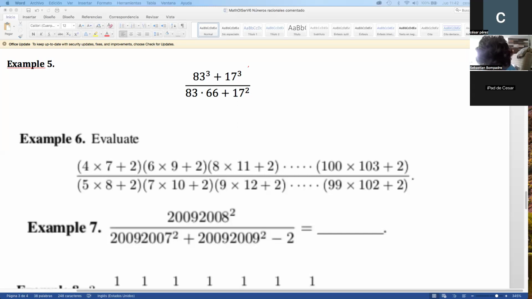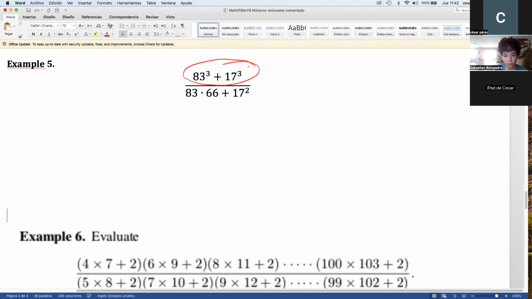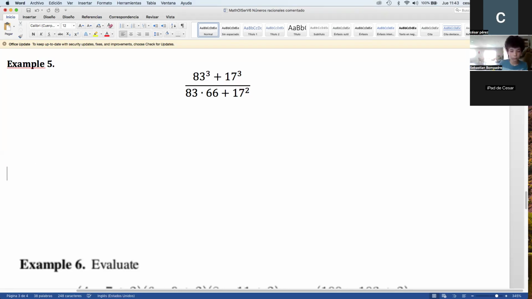Do you know how to factor something like this? No. Okay. That will be important. Let's see. We're going to factor